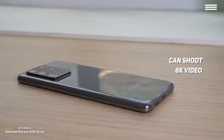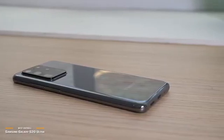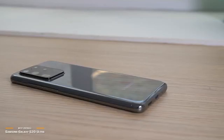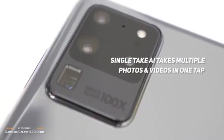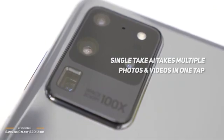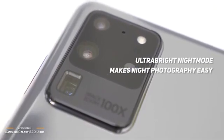Shooting in 4K at 60 frames per second is going to be far more useful to you, as 4K TVs are everywhere, and the frame rate is ideal for action shots. You also get features like the single-take AI, which make it quick and easy to capture multiple photos and video with a single tap. And you can capture pro-grade video and dazzling photos at night, even without flash, by using